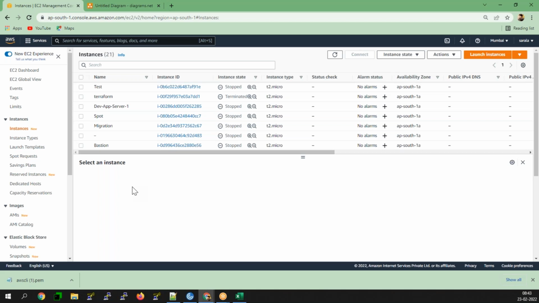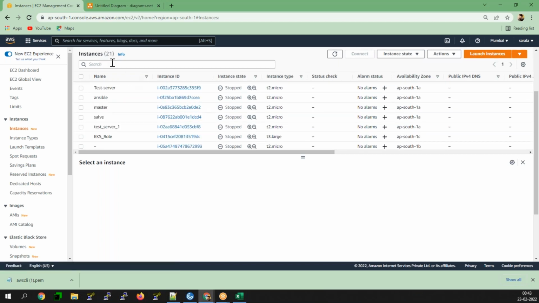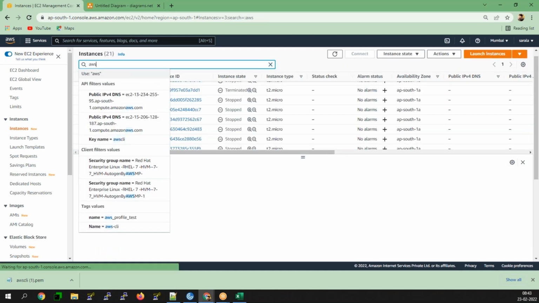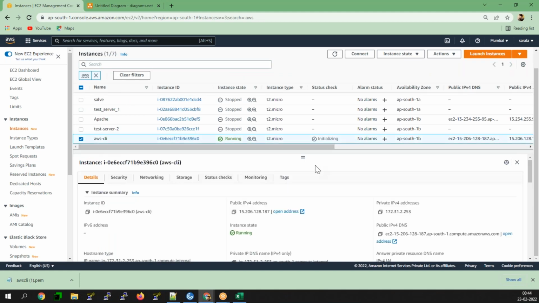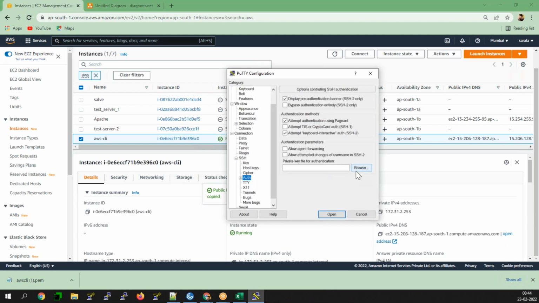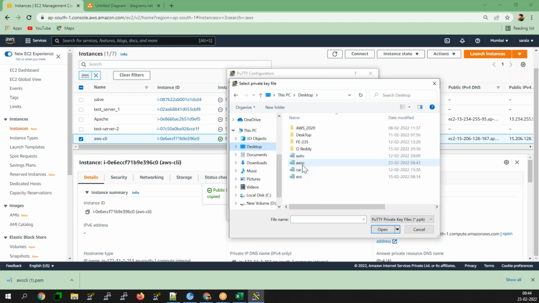Now search for your respective AWS CLI machine here, and let's use this one as your key.